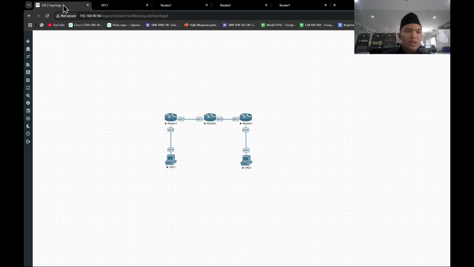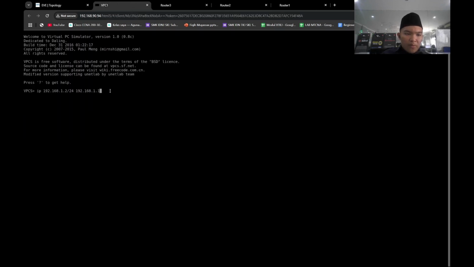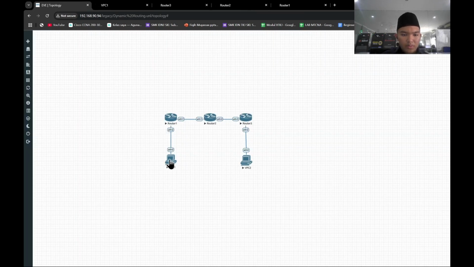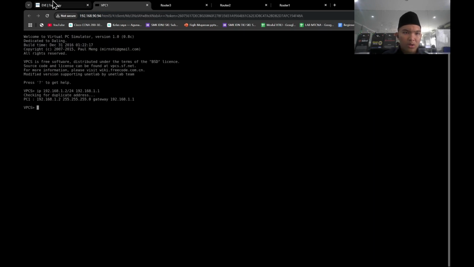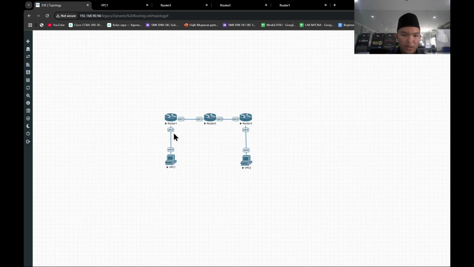This IP is the IP of ether 2 that connects to PC1. So if the PC wants to ping, it's gonna choose the way through ether 2 because that's the only way, and the gateway is this IP of ether 2 of router 1.